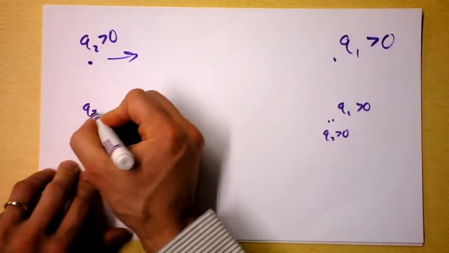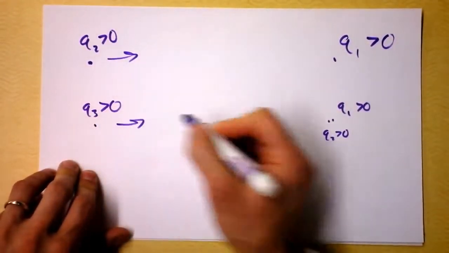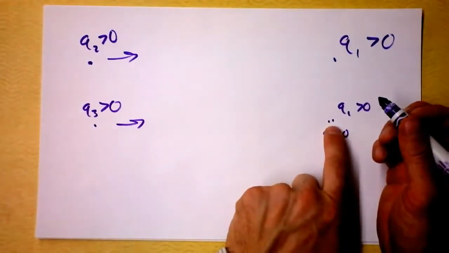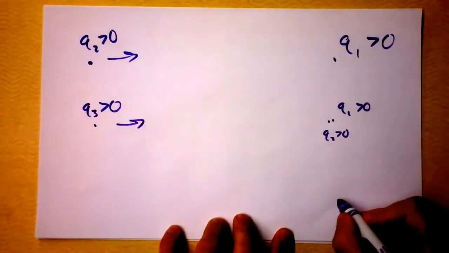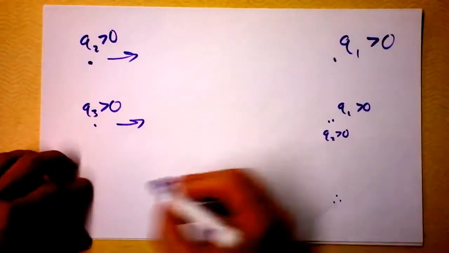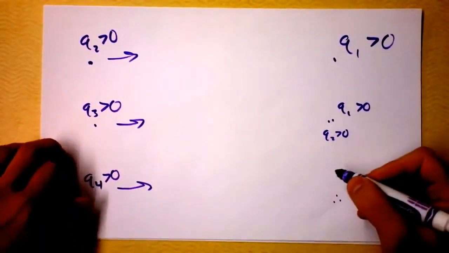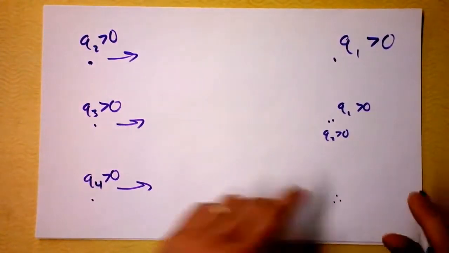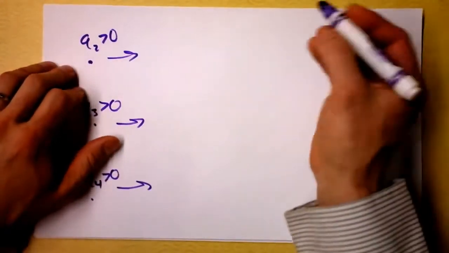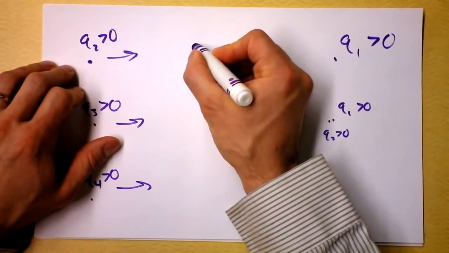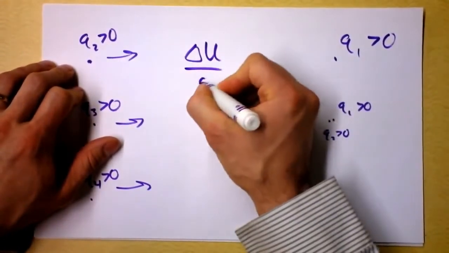You bring Q3 over, also greater than 0, then you're going to be raising the energy of the situation further. And then, if you got these 3 over here and you want to bring over some charge Q4, you will again be raising the energy of the configuration. And the thing is, you know that energy divided by charge